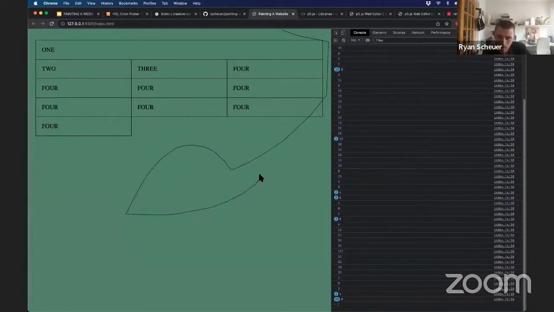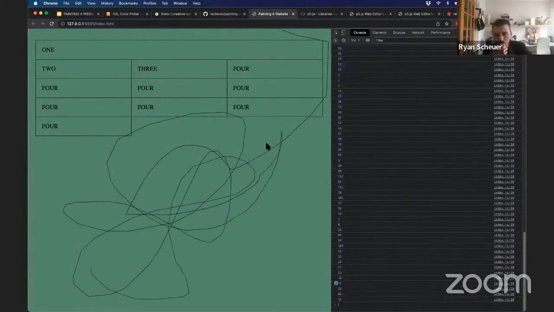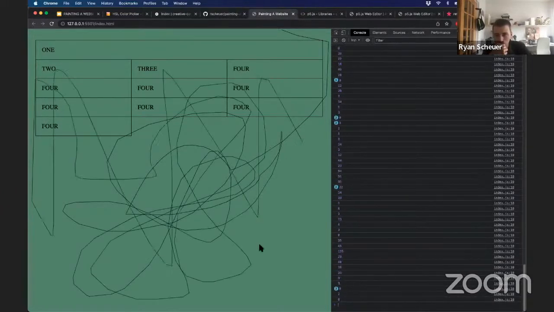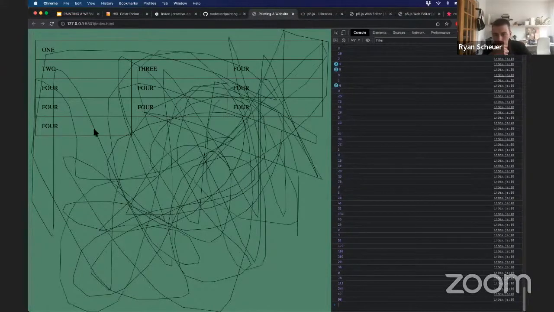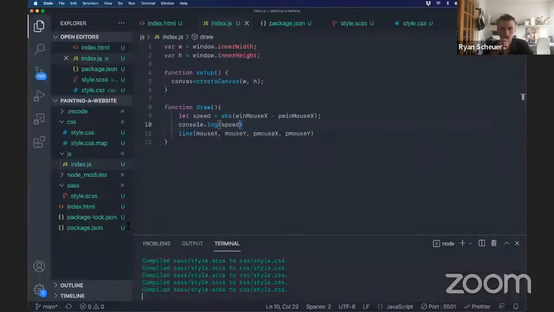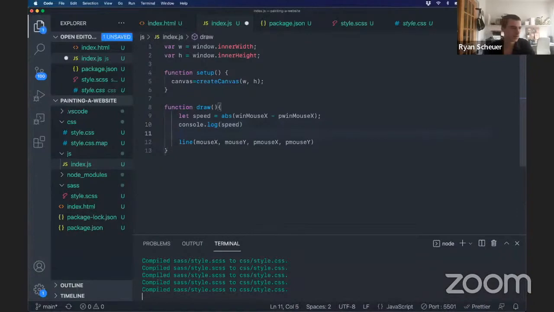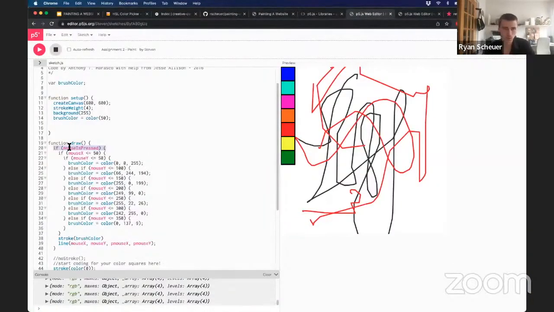Let's look at that. See that thing at the bottom there where it's 0 and it's just running up the numbers? So this is our speed here. Look at that. So the more I move my mouse, the higher that speed gets. Okay. So what we're going to be manipulating, I think, is the stroke weight,